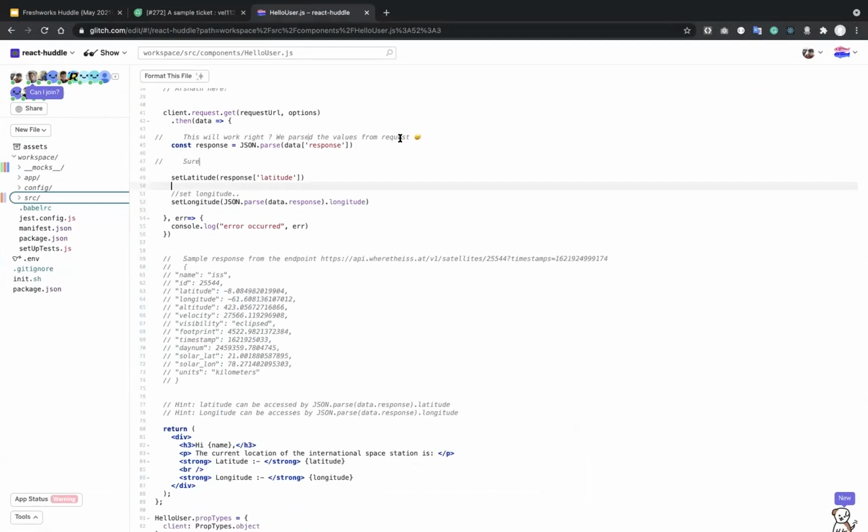So this is what this app does, and we were able to get the correct output. But if you want to extend this app, since we have latitude and longitude, this will roughly tell where the International Space Station is flying.